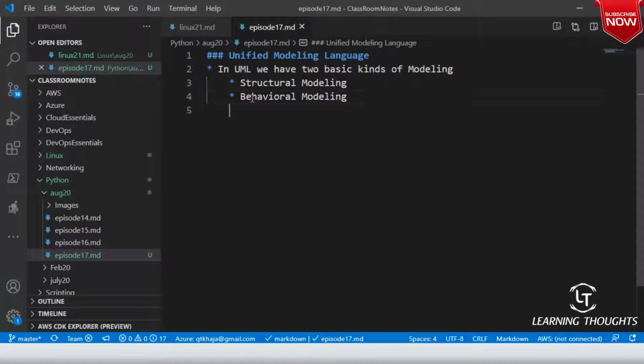Let us start with structural modeling. What is this structural modeling all about, and why do we use it?